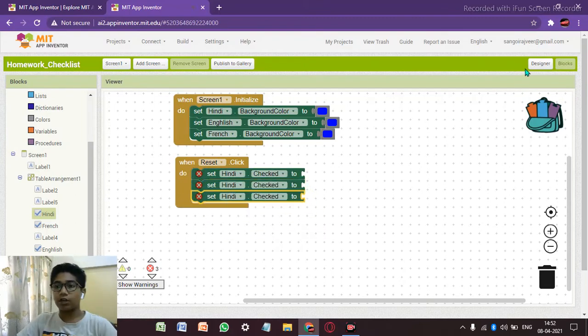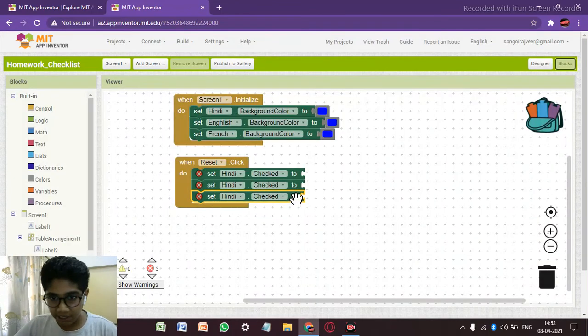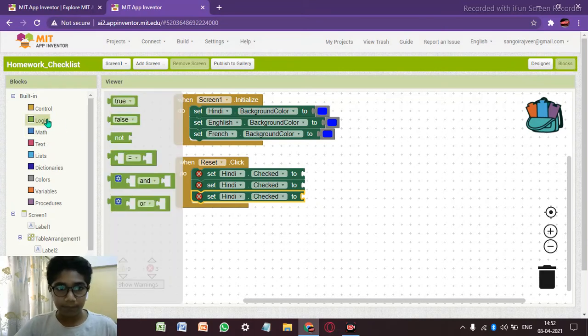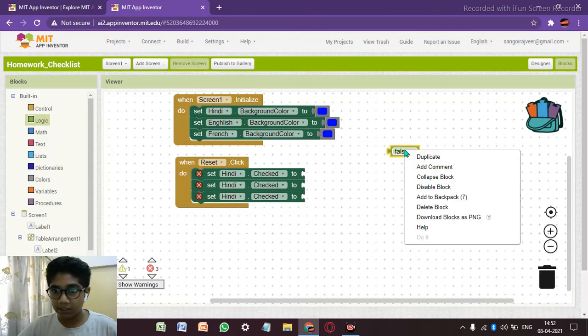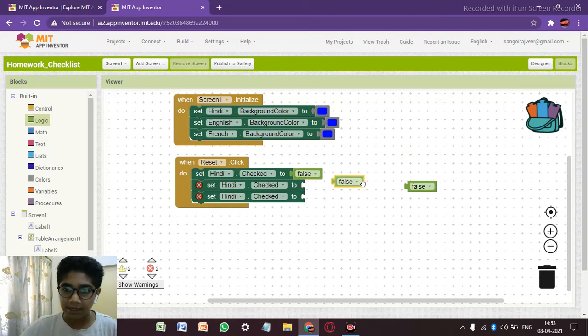So what we want when this button is clicked, this checked should be unchecked. So go to the logic, and just take false and duplicate this 2 times and drag and drop inside these components.